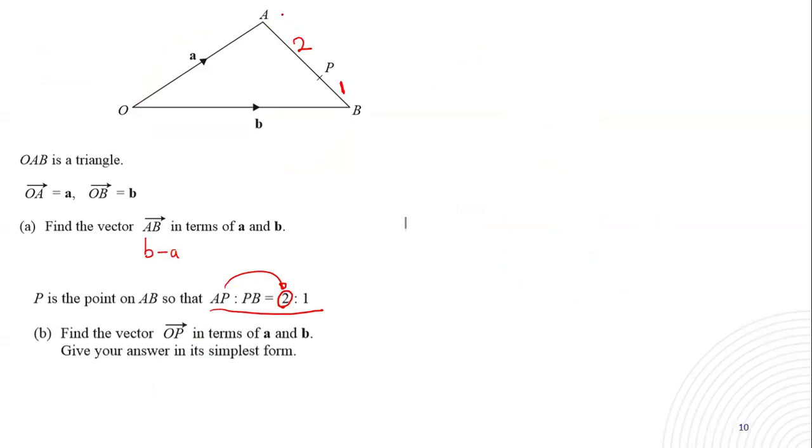Now I want everyone in the chat to tell us, what is your total ratio? What is the total ratio of A to B? What are you getting? Remember, for the total ratio A to B, you are adding the parts you have from A to B. So you'll have 2 plus 1, which will give us 3 parts.